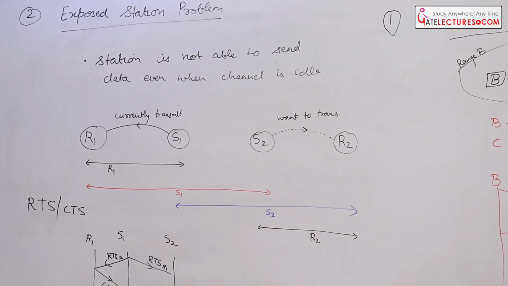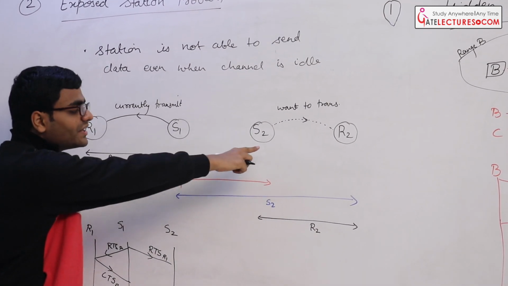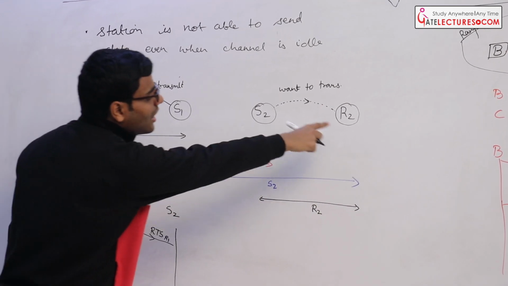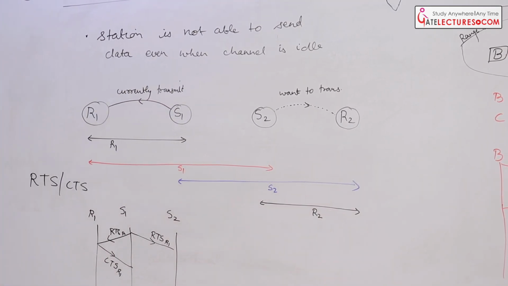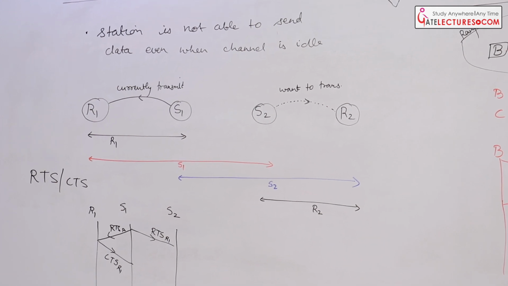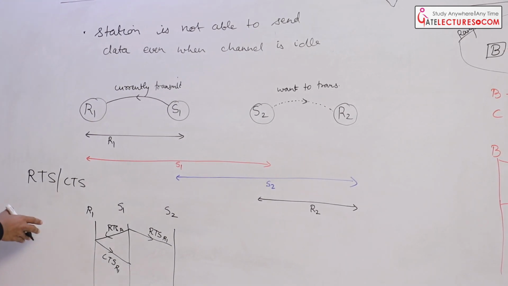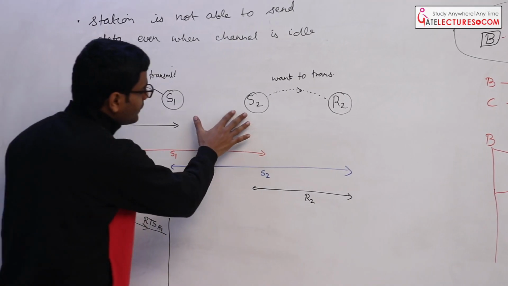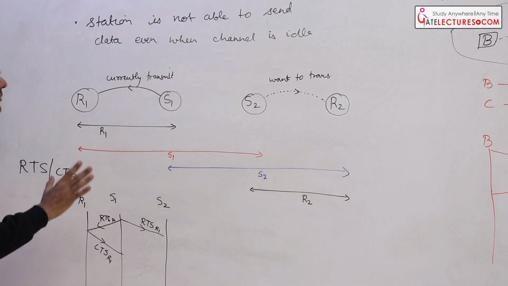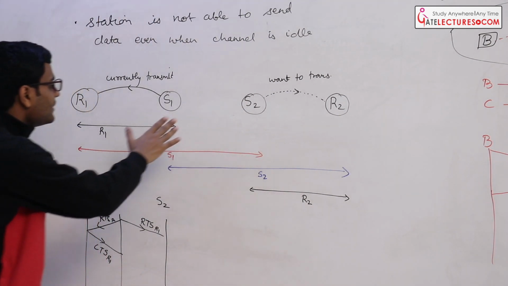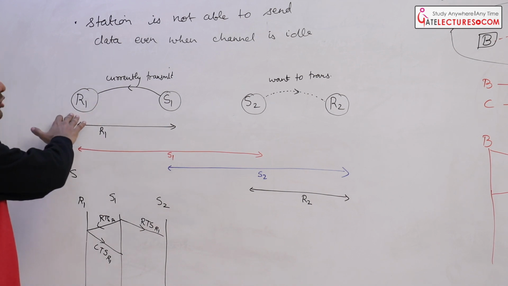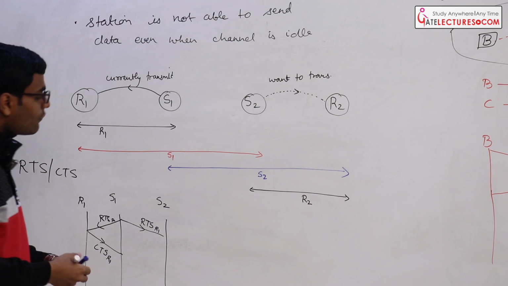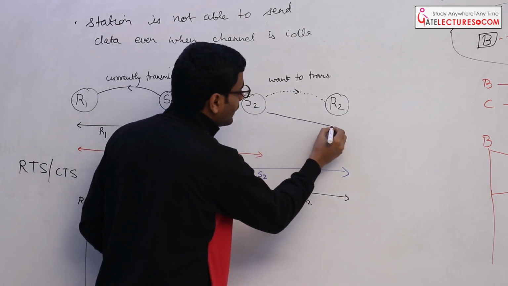So by this, S2 can detect that this is an exposed station problem, so it can send data to R2. There is no problem, it can send data to R2. So RTS and CTS signals can solve this problem. With the help of RTS and CTS signals, S2 can detect the exposed station problem, meaning that S2 can detect that S1 is communicating with a node which is not interfering with the node it wants to communicate with. So what will it do? It will send an RTS signal